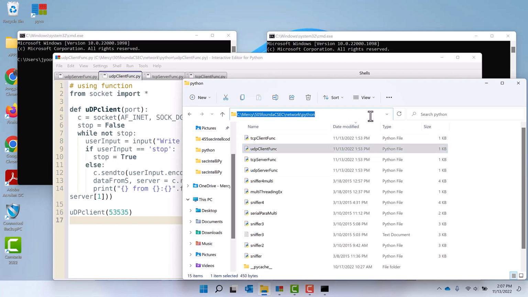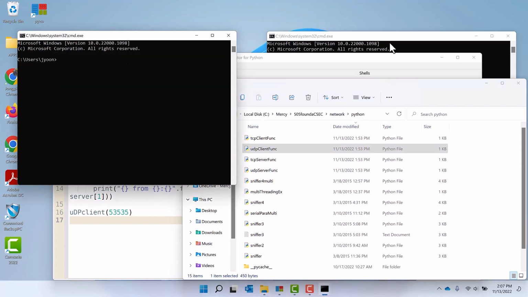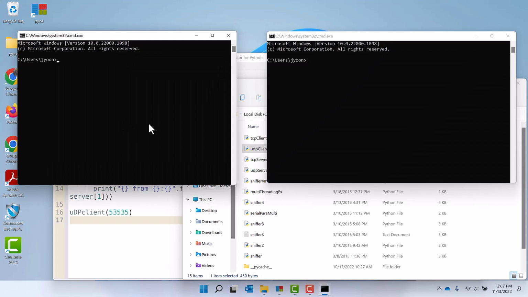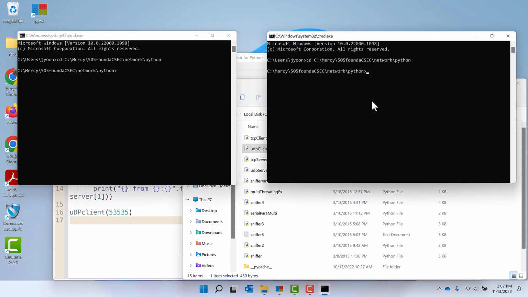So click this, and then Control C to copy. And back here, we need to change directory, CD, and paste the path to that directory. Same thing here, CD, and change directory. So both client and server are in the same directory where the client program and server program are. So we run